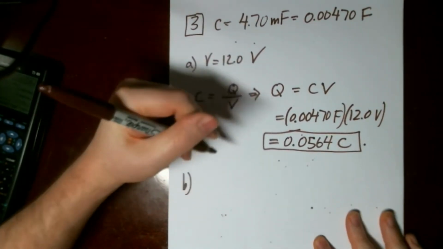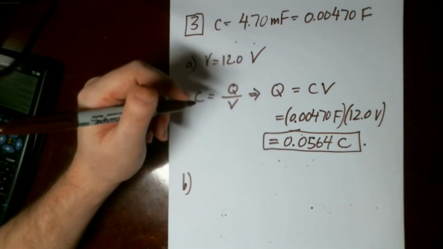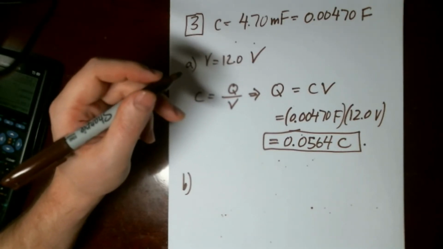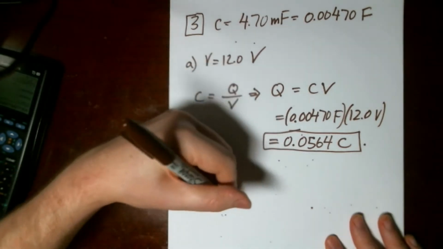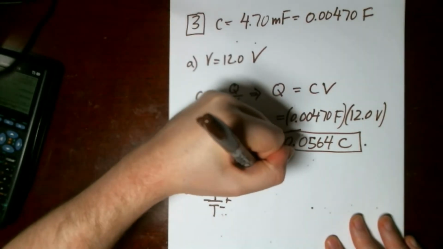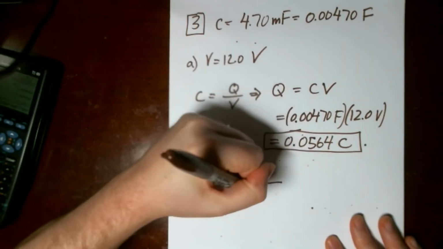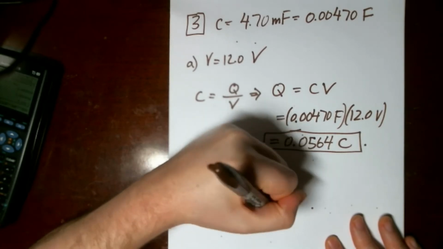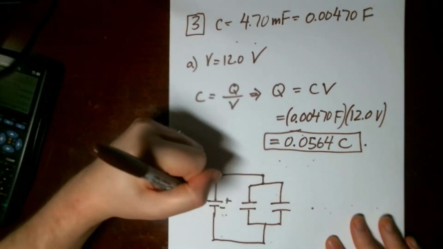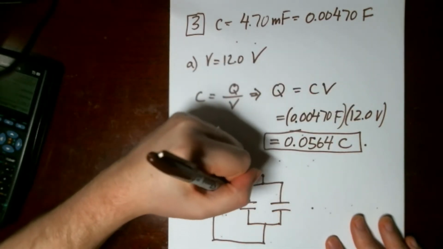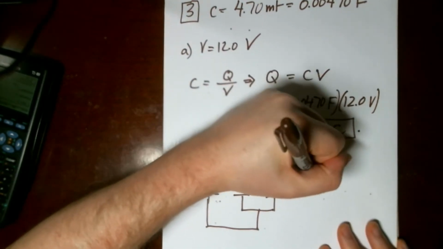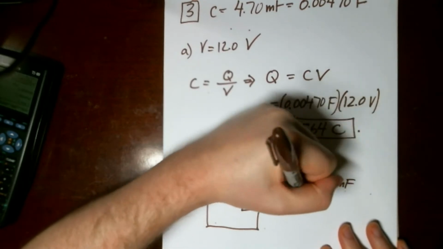All right, so B, we connect our capacitor in parallel with a second capacitor of 10 millifarad capacitance. So let's sketch out our circuit. Here's our battery, positive and negative terminals, and then these are connected in parallel. So there's going to be a branching of the circuit that'll come back together and return to the battery. So 12 volts, so that's not part of the problem. And here's our original capacitor C1, and here's our new capacitor that we've connected in parallel, C2, and that's 10 millifarads,